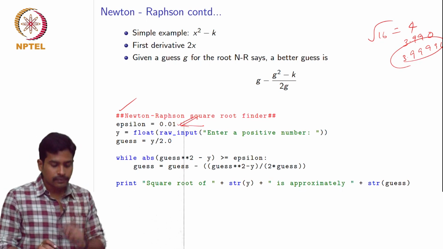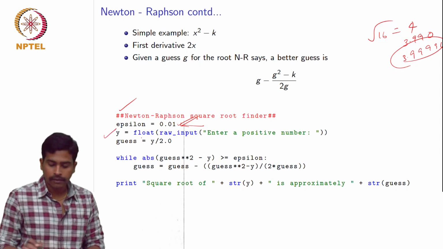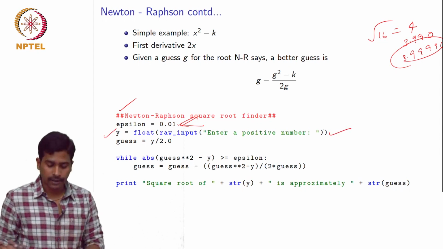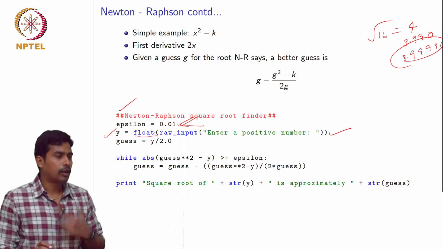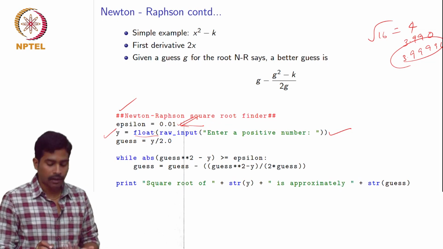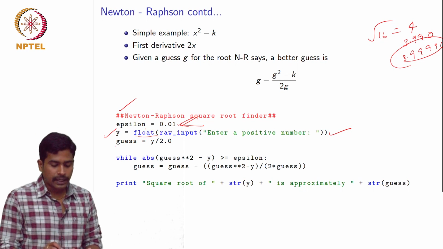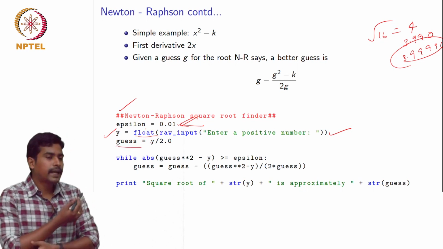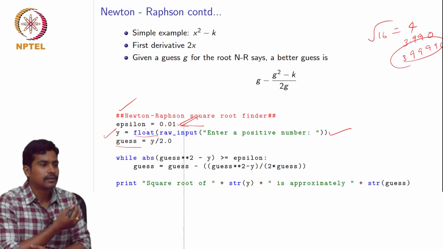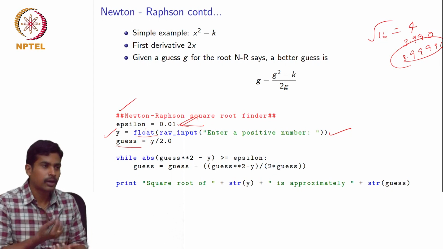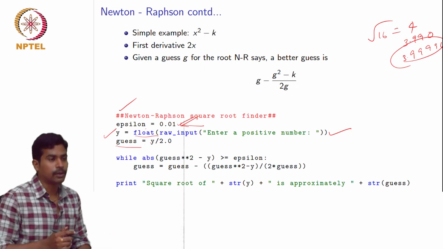Okay. And this statement, as you all know, takes an input number from the console, and we can also find the square root of a float type of number. So, this can be either an integer or a float value. Okay. And so, how do we get a reasonable guess? What is a good starting point to guess what the root could be?